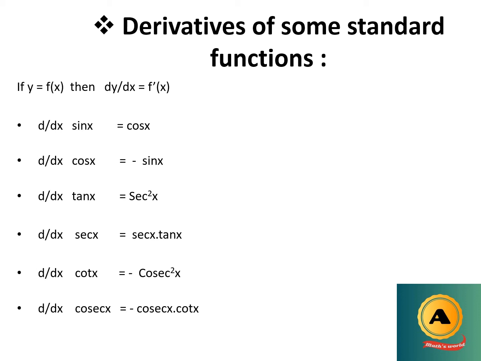Here you can check all these derivatives. You can check the derivatives of trigonometric functions using the first principle of a derivative. You have studied how to find the derivative of a function using the first principle of derivative in 11th standard. Now you just have to remember all these formulas. Here you can see that the derivatives of trigonometric functions having initial letter c are negative and the rest are all positive. Derivatives of cos x, cot x and cosec x are negative.